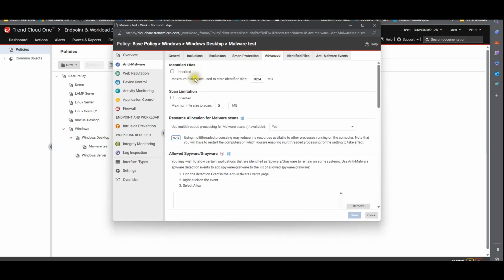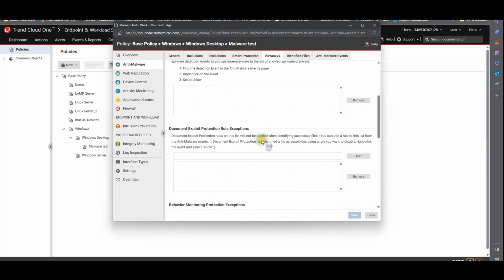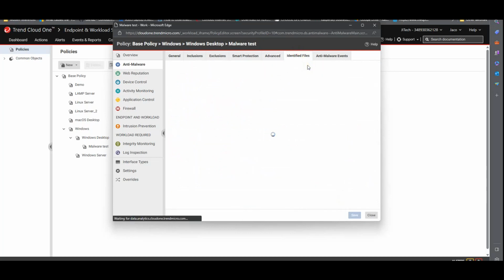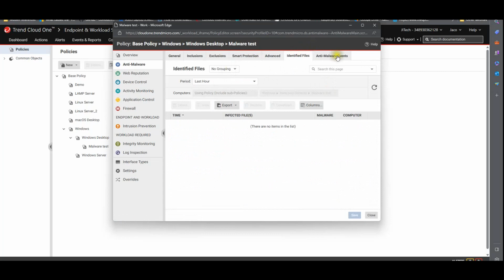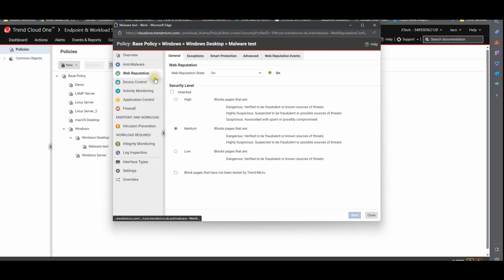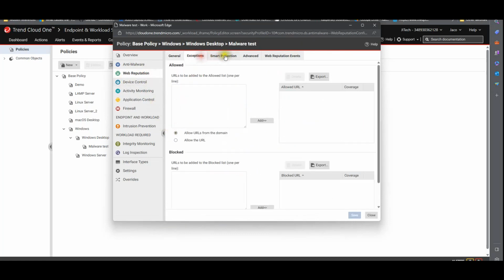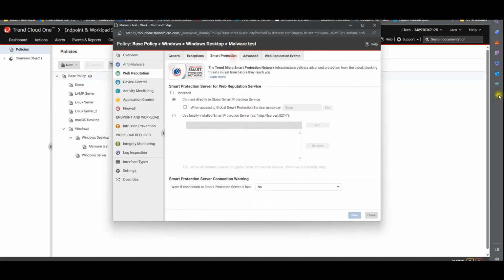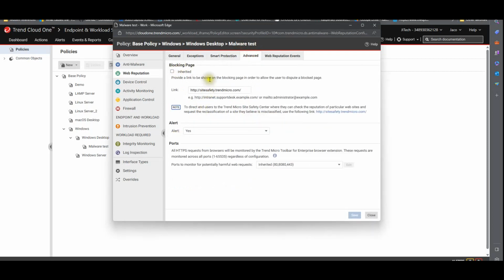Okay, go to advanced. In identified files, that's pretty much that. Use multi-threading is enabled. Allowed spyware grayware, this is where we've not made the exclusion. Identified files and anti-malware events, and that's pretty much that. Web reputation, we left it on medium, no exceptions. Block URLs, smart protection, and then under advanced,